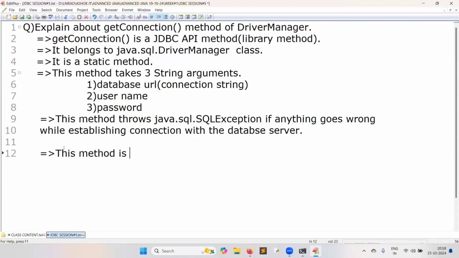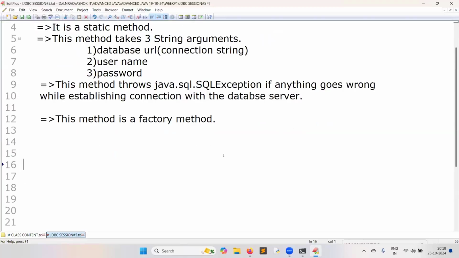This method is a factory method. What is a factory? Please observe how we were calling yesterday.